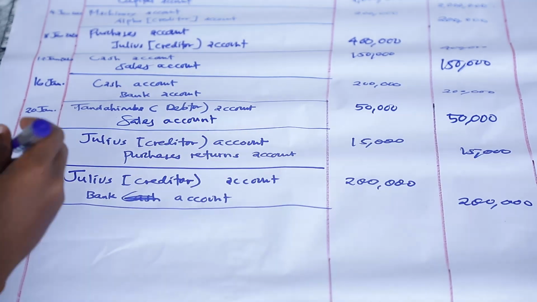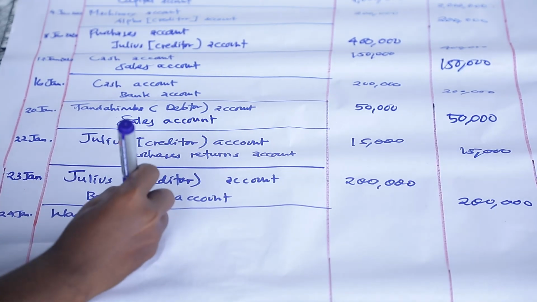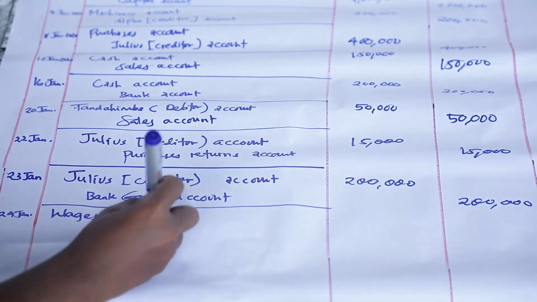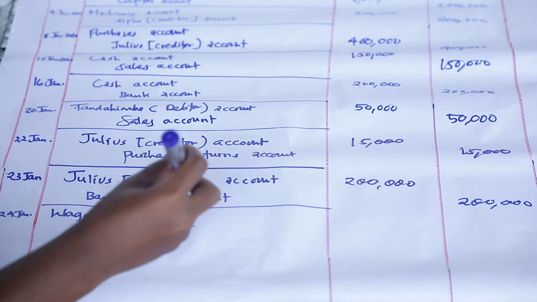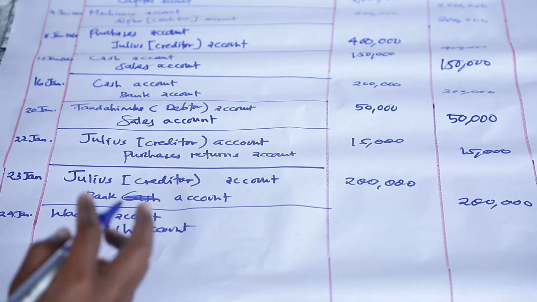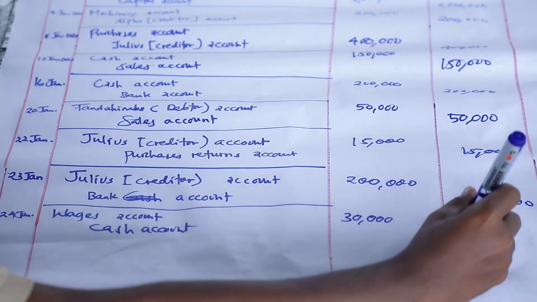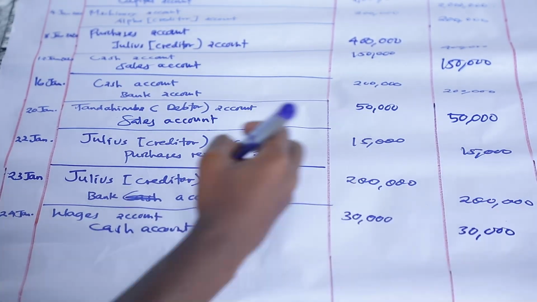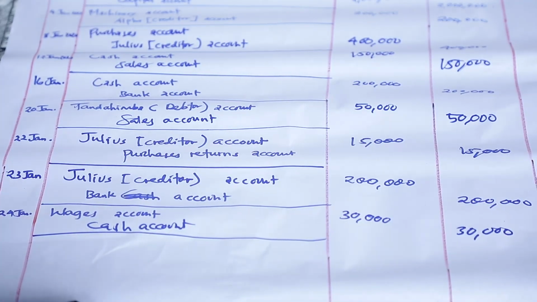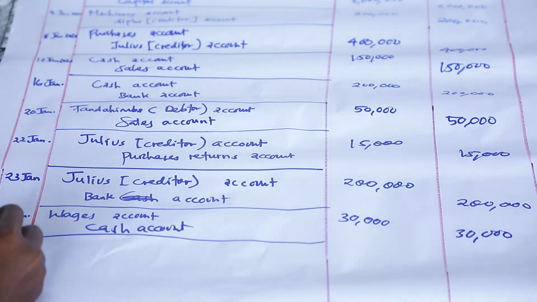So you should debit wages account, and you should credit cash account because it has decreased. So it will be on 24th, 30,000. So after there, we're going to the next date, which would be on 26th